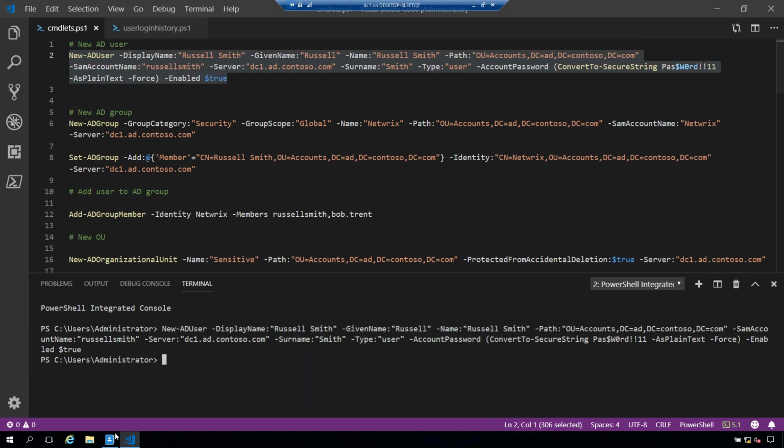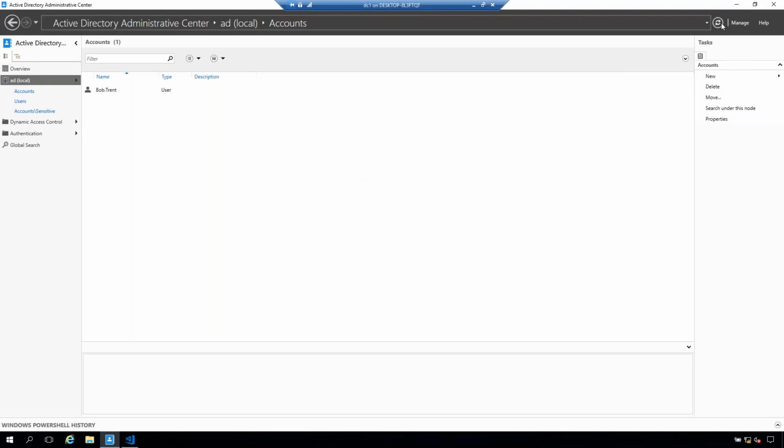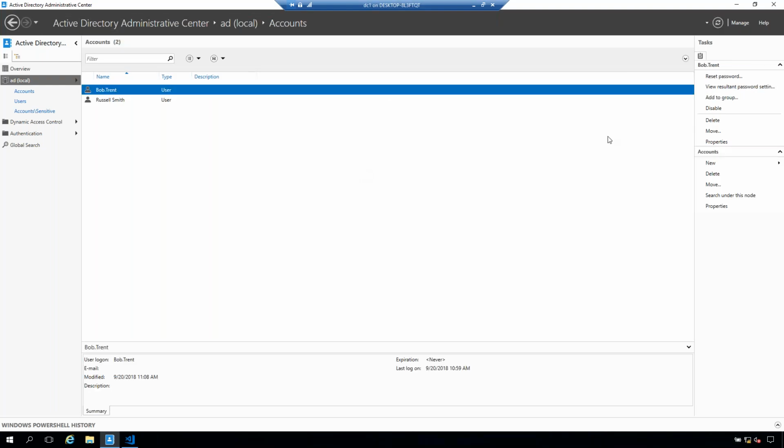If I come back to the Administrative Center and refresh the window, you can see that we now have an enabled user account, which also has a password. Okay,